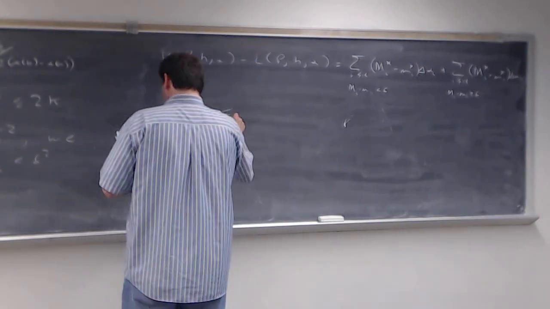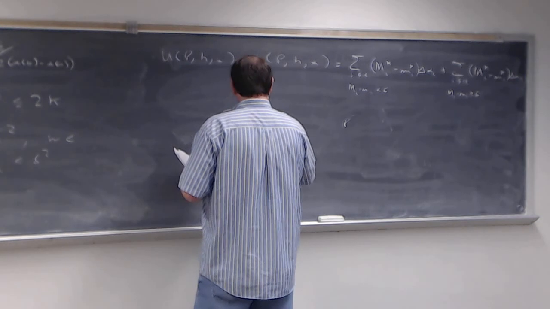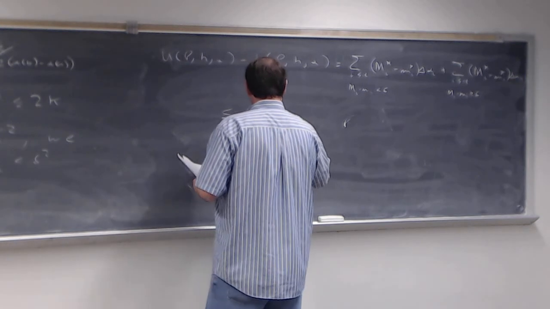And then this is going to be less than or equal to epsilon over 2 times alpha of b minus alpha of a